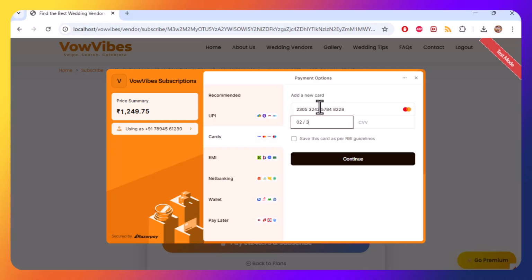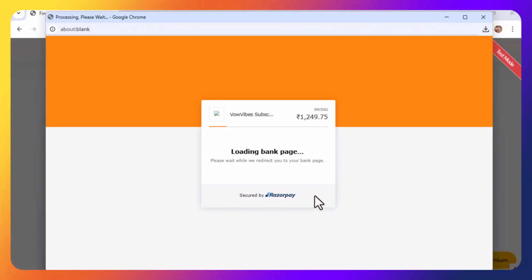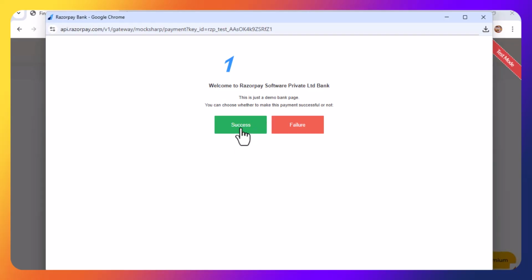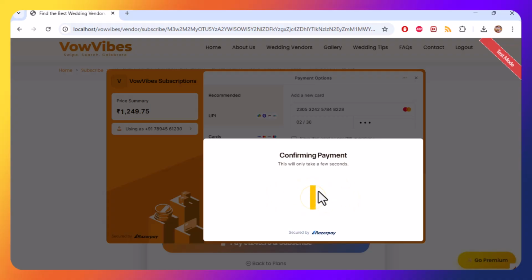Now here you will be seeing the test page, and you will get a pop up with two options, success and failure. If it is success, then it will redirect to our success page. Failure means we will get a pop up saying your payment has failed. So once the payment is done, it will redirect us to the home page of the vendor